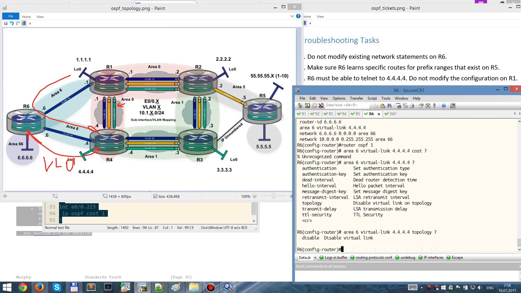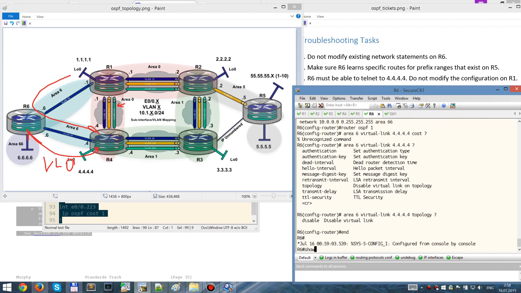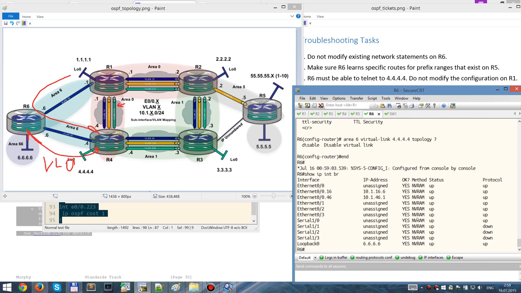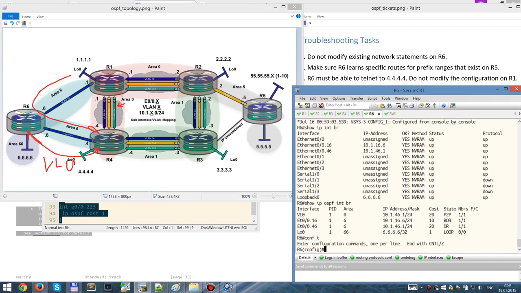I believe to change the cost of the virtual link I have to change the cost of the underlying interfaces. Show IP interfaces brief. Show IP OSPF interfaces brief. Virtual link cost 20. Okay. Yeah, I would like to change it